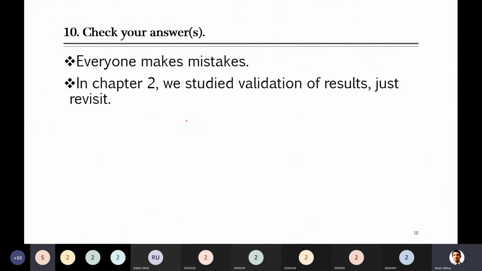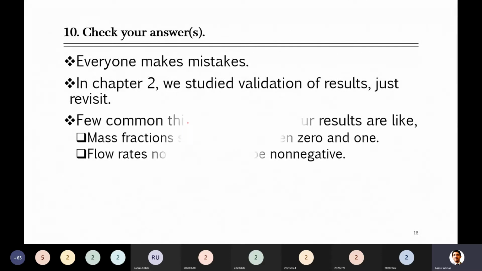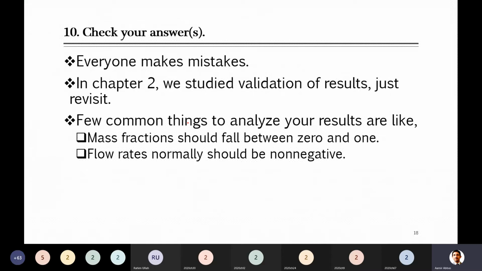For example, at that time I told you that if you calculated the diameter of a reactor and it is 1 kilometer, then something is wrong there. Maybe you are doing something wrong, or maybe the data you took is wrong. That's not possible actually. Here, in most of what you will be doing in material balance, we analyze the result and we are concerned about it most of the time.